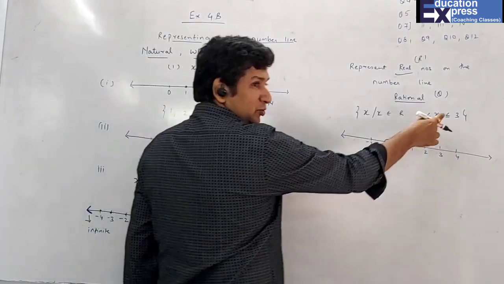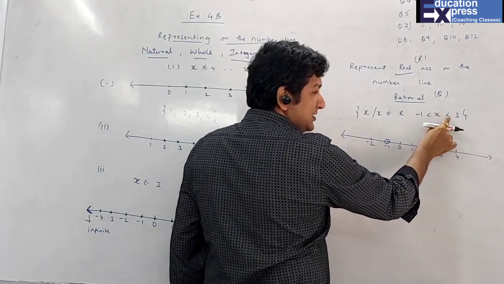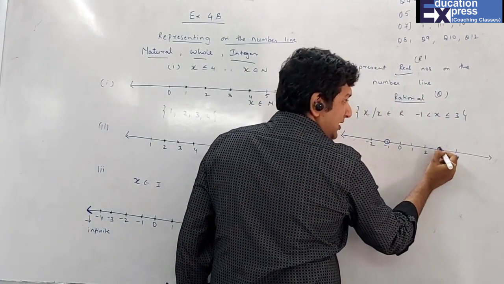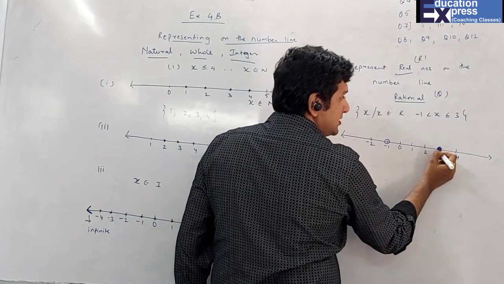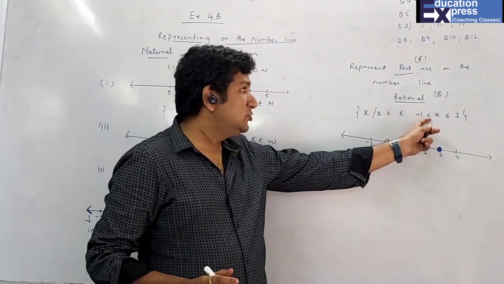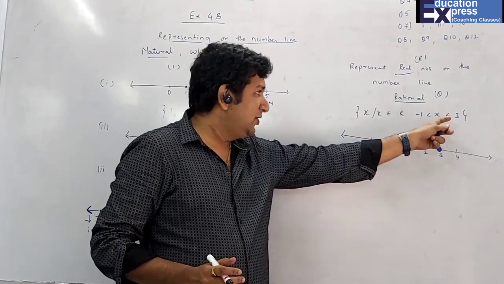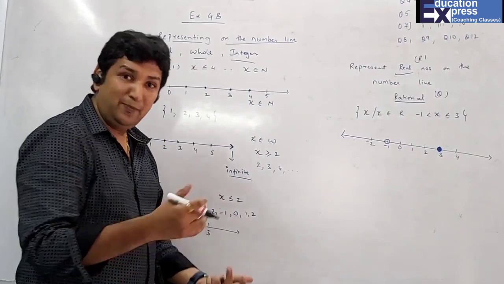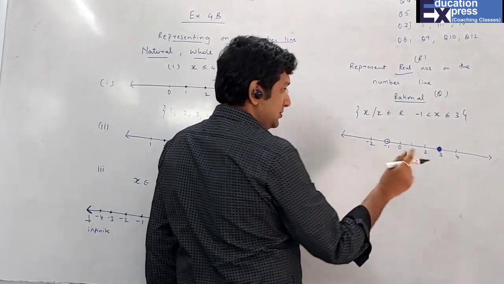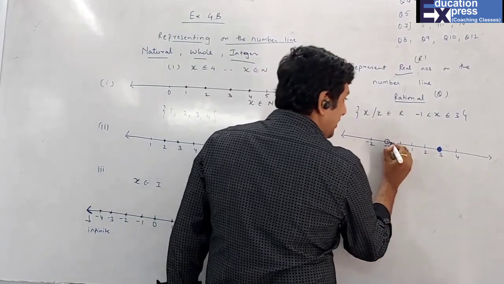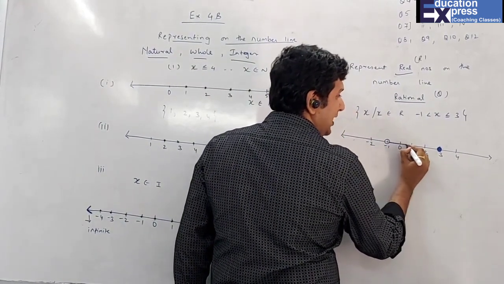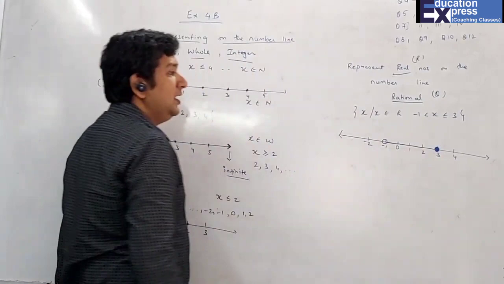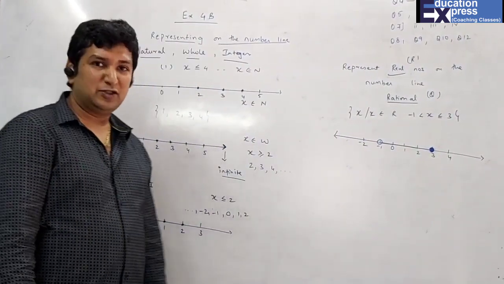But now when I go to 3, it is x is less than or equal to 3. That means less also and equal also, so I have to include this number. So you just mark a solid circle. You understood, students: when there is no equal to sign, hollow; when there is an equal to sign, solid. But as I have told you, it is different from natural numbers, whole numbers and integers. You have to pick all the numbers, not only 0, 1, 2, but all the numbers in between also. So you mark one dark line between these two limits. Hence all these numbers will be included as a real number or a rational number.